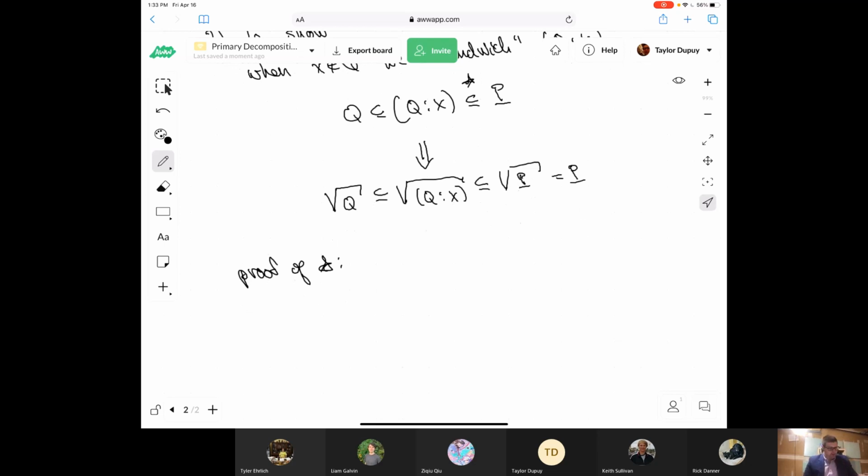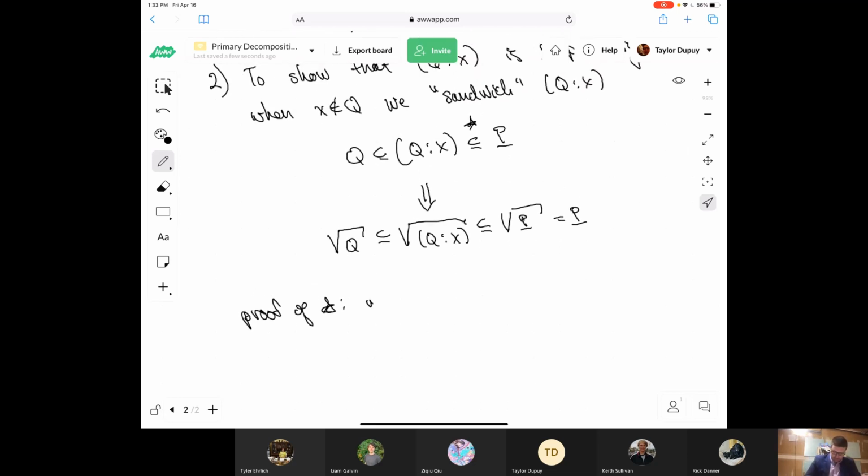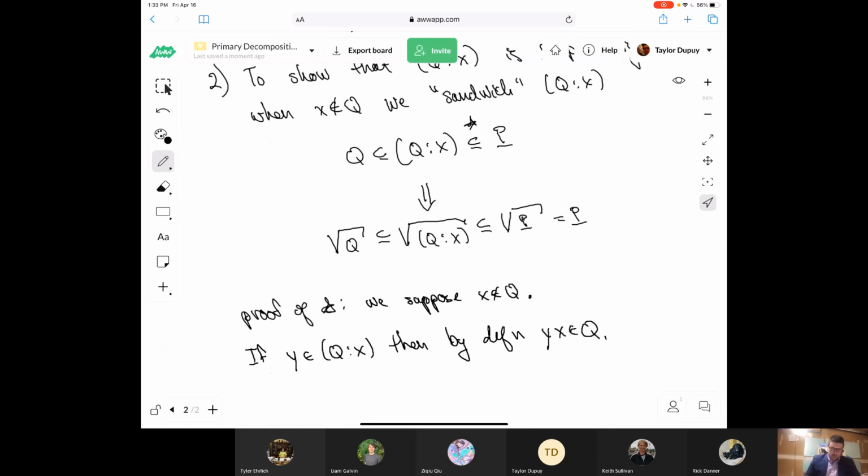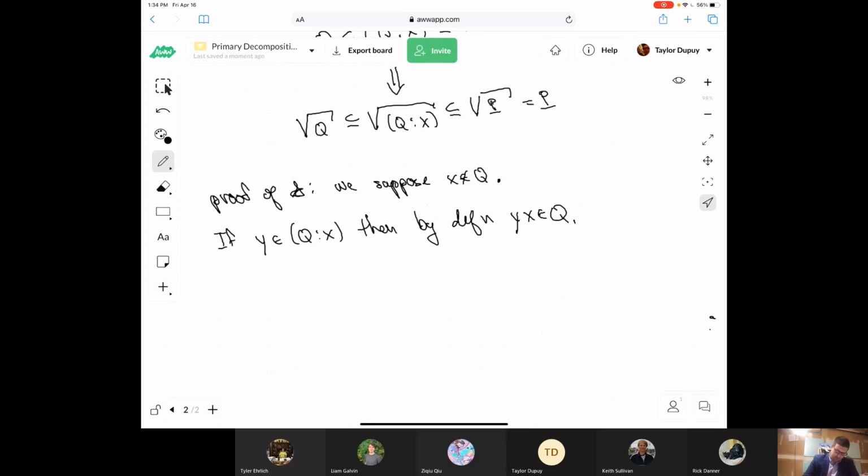Okay, all right. So again, we suppose that x is not an element of Q. If y is in Q:x, then by definition yx is in Q. You can already see that this is tailor-made for that definition of primary ideals, where if you multiply two things and they land in the primary ideal, then either one of them is in the ideal, or a power of the other one is in the ideal. So if we have this, then by definition